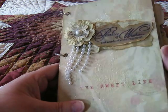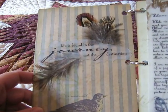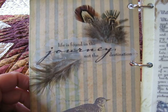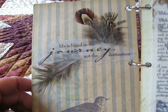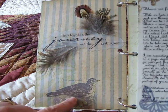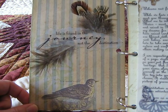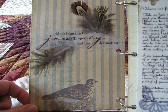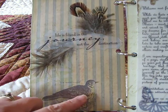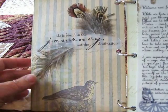So that's the title page, and on the first page I used a quote that says, "Life is found in the journey, not in the destination." I used some paper from Scrap Girls, a digital scrapping site online. You can find them at www.scrapgirls.com. This is paper from one of their designers. I just love all the little birds, and I had some feathers that I've collected, so I've included those